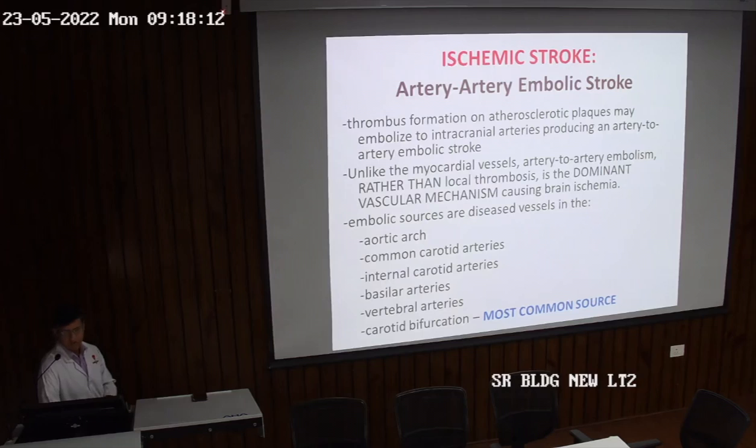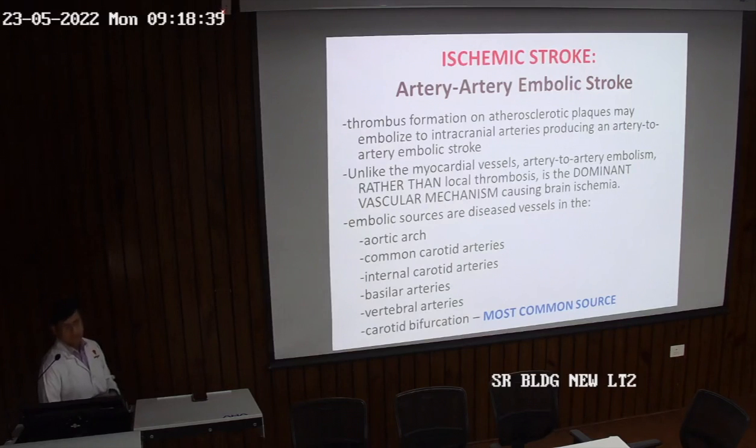So the thrombus formation on the atherosclerotic plaques may embolize to the intracranial artery, producing the artery to artery embolic stroke. And there are certain vessels which are more prone to produce the artery to artery embolic stroke, like the aortic arch, common carotid arteries, internal carotid arteries, basilar arteries, vertebral arteries, and carotid bifurcation. So these are the arteries which are more prone to produce it, and the most